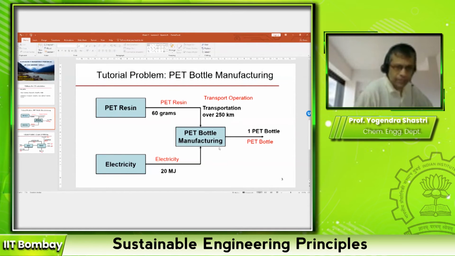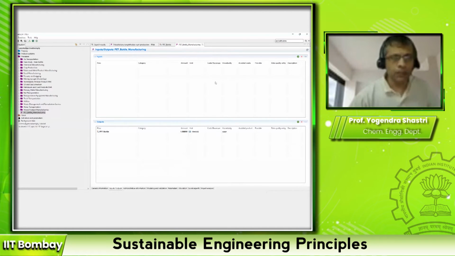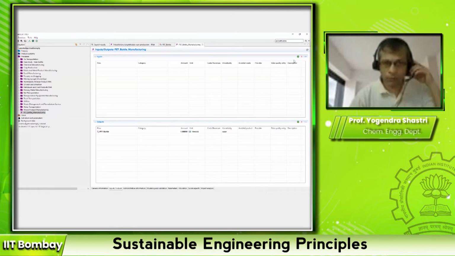So let's add those. In order to add the flows, you will see at the top of the input table there is this green plus button. There are three buttons actually, one green plus, red cross, and this numbers.